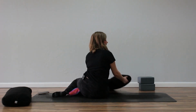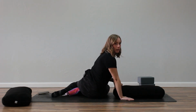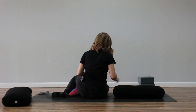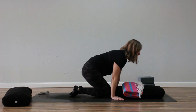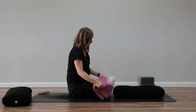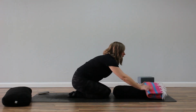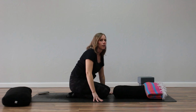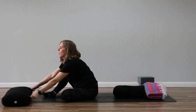Bring this bolster back like this, so it'll be long ways with your mat. And then you'll bring that blanket that we had, and if you had folded it and sat on it in the beginning like I did, then it's perfect. You'll lean it over the bolster, it's kind of as a pillow, and then you'll bring the second bolster underneath